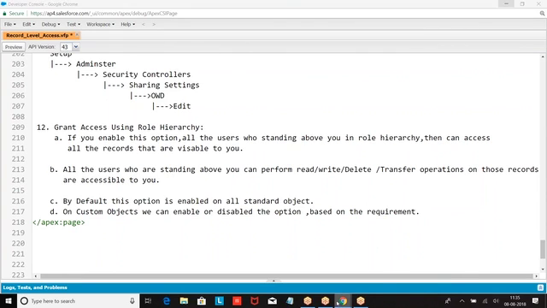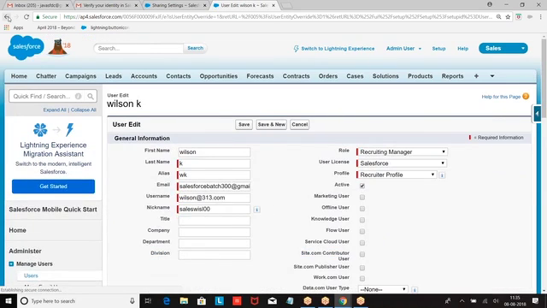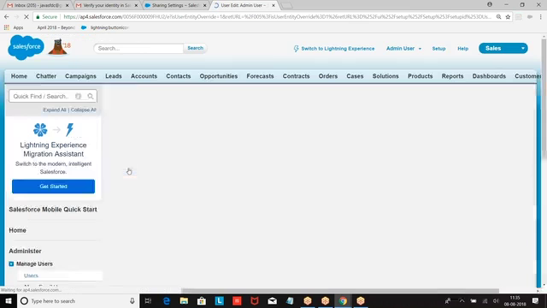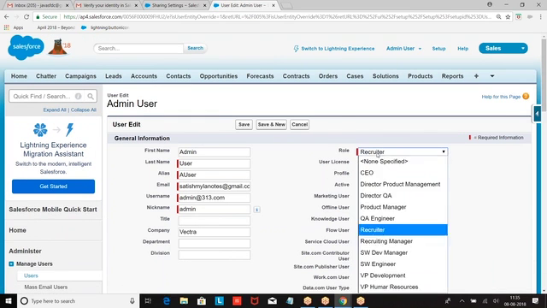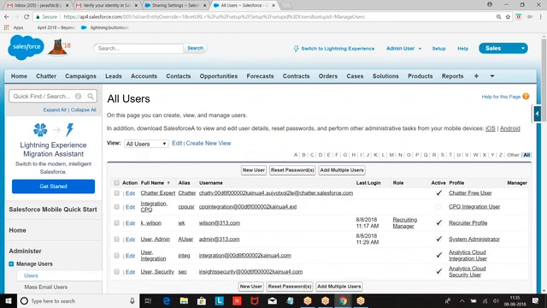Okay. So, go back to this one. Now, what we have seen is OWDs and grant access using role hierarchy. Now, look at the next story. Using OWD, I can give only minimum level of access.